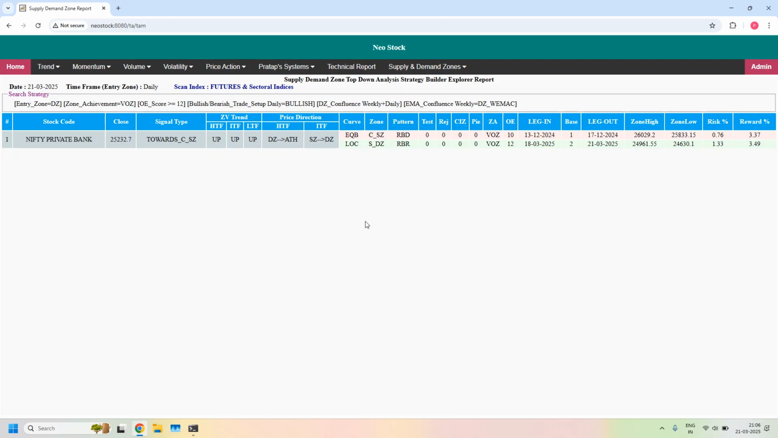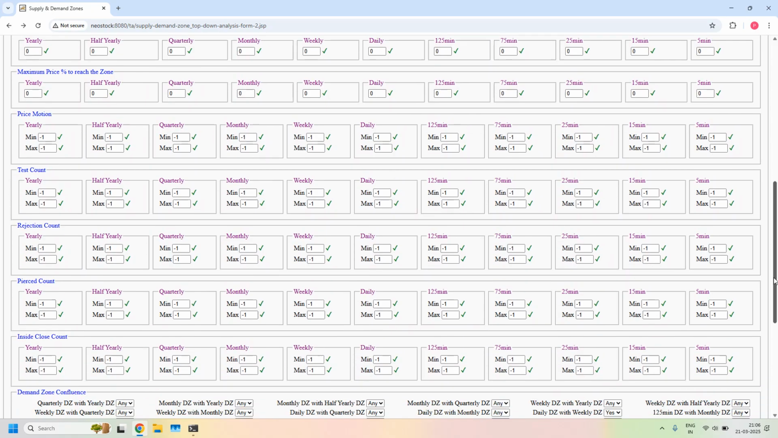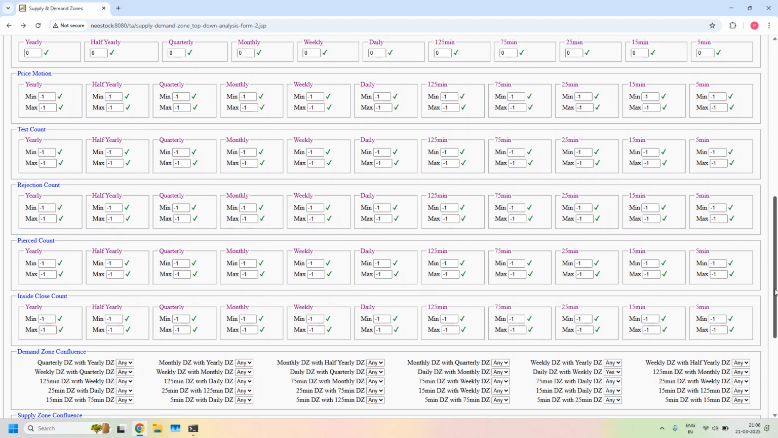Next, we will look into LTF, ITF and HTF demand zone Confluence supported stocks, that is daily, weekly and monthly demand zone Confluence. So I am removing EMA filter. In the demand zone Confluence, 3 filters we have to set. The first one is already enabled, daily with weekly zone Confluence. Next, daily demand zone with monthly demand zone Confluence and weekly demand zone with monthly demand zone Confluence. With all the 3 filters enabled,